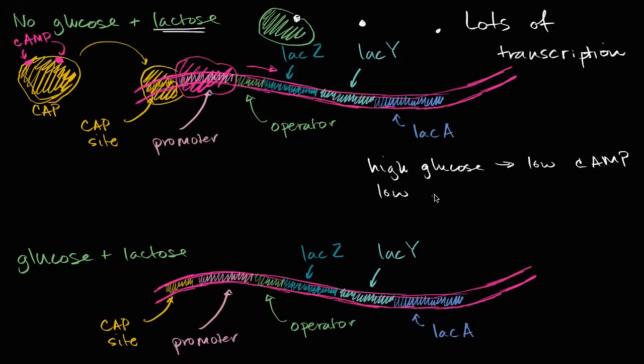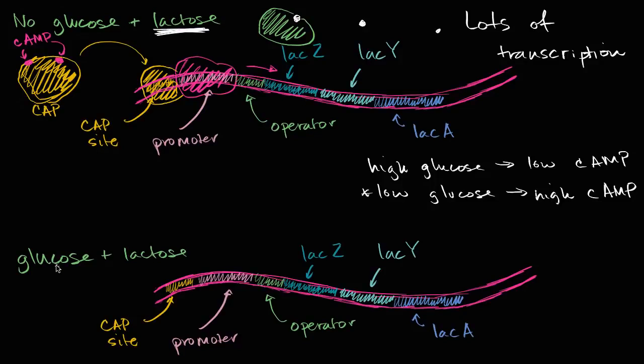And if you have low glucose or no glucose, it's like a tongue twister. If you have low glucose, well, you're not going to inhibit the creation of cyclic AMP, and so you're going to have high cyclic AMP. So if you have no glucose or low glucose, we are in this scenario right over here. You're going to have higher concentrations of cyclic AMP, which can bind to the catabolite activator protein, which then acts as an activator to allow even more transcription of the lac operon, which once again, why is that important? Well, if there's no glucose or low glucose, you're really going to need that lactose. So you really want to transcribe these genes as much as possible.